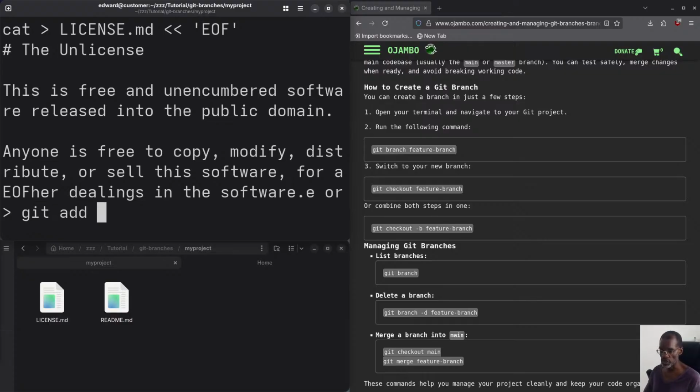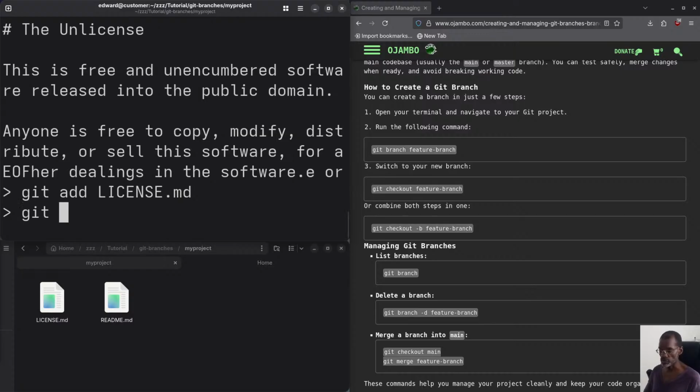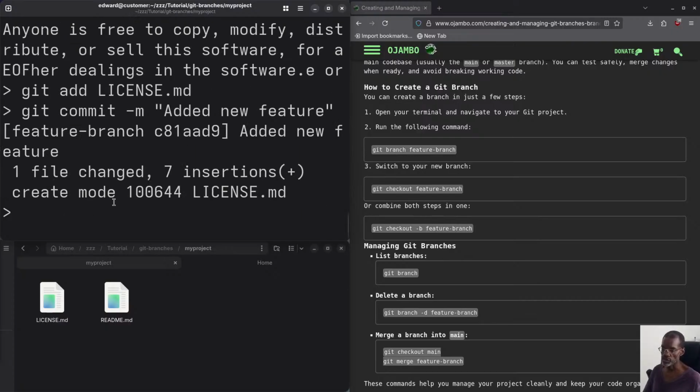I'm going to add license.md, and then I'm going to commit it. So I'll just say "added new feature." Okay, and you can see it has the commit hash and the message added new feature, and then you can see one file changed, 7 insertions, because I believe it's 7 lines. Yes, it is. Okay,